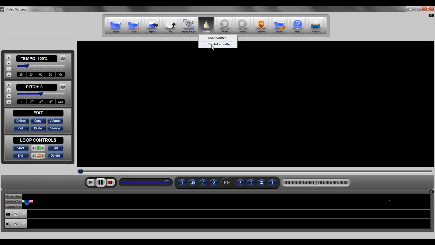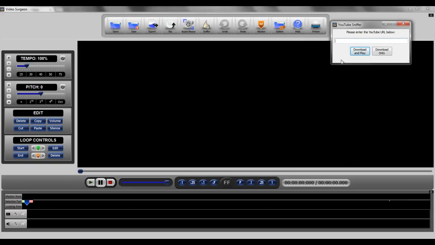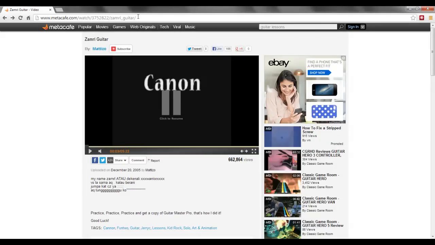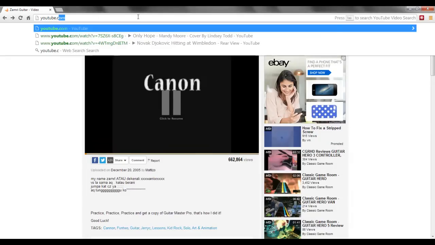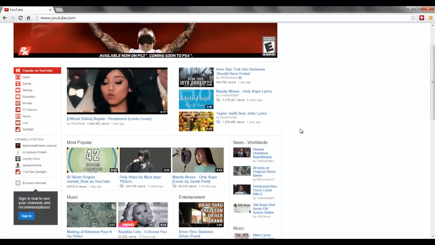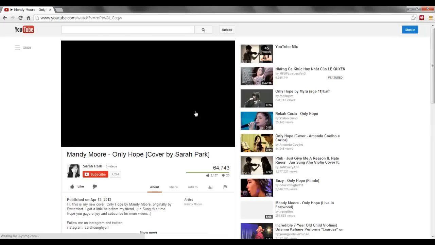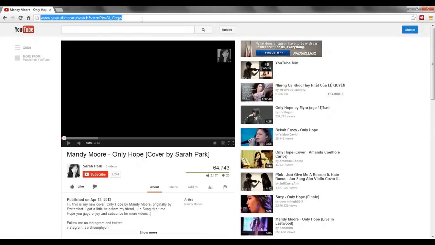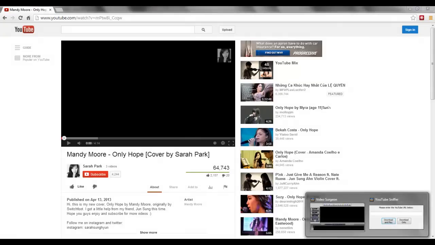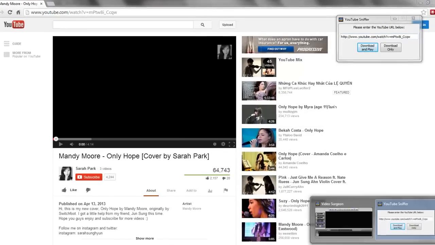The YouTube sniffer then, if we open it back up, works differently, and that is that what we need to do is we need to go to YouTube, and we need to select some type of a video. Doesn't really matter here for our purposes. We need to copy that URL. I'm just doing a Control-C, which is a keyboard shortcut. We go back to the sniffer module, we paste it in there,